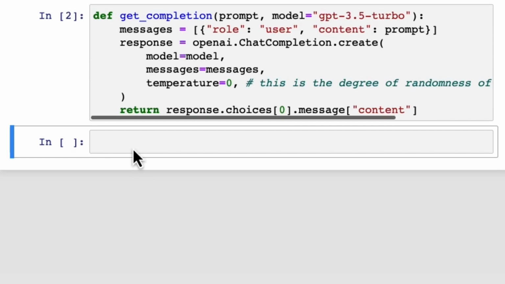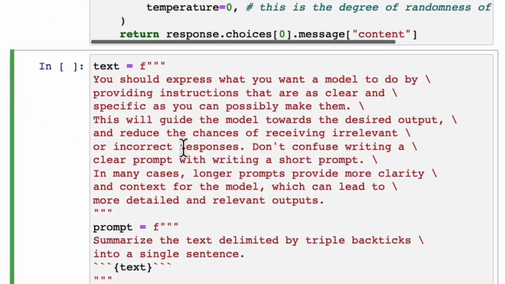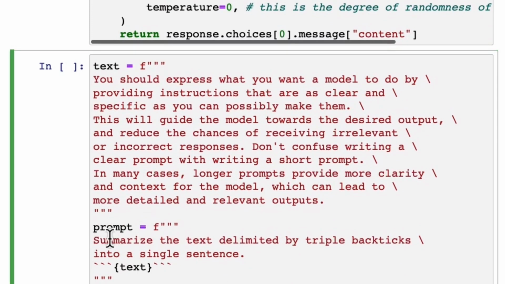So I'm just going to paste this example into the Jupyter Notebook. So we just have a paragraph, and the task we want to achieve is summarizing this paragraph. So in the prompt, I've said, summarize the text delimited by triple backticks into a single sentence. And then we have these triple backticks that are enclosing the text. And then to get the response, we're just using our getCompletion helper function, and then we're just printing the response. So if we run this,